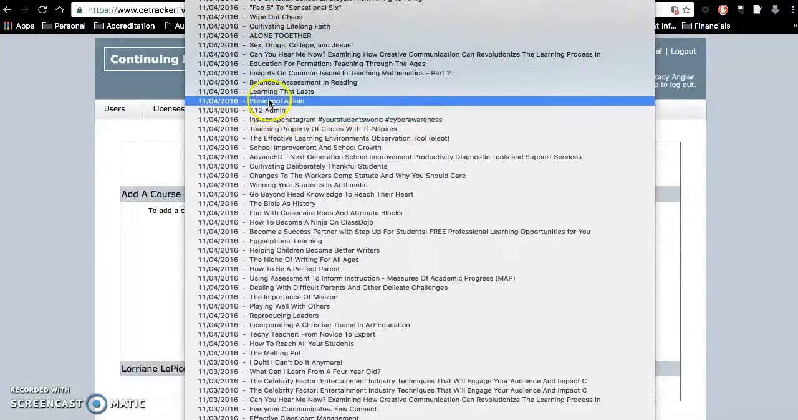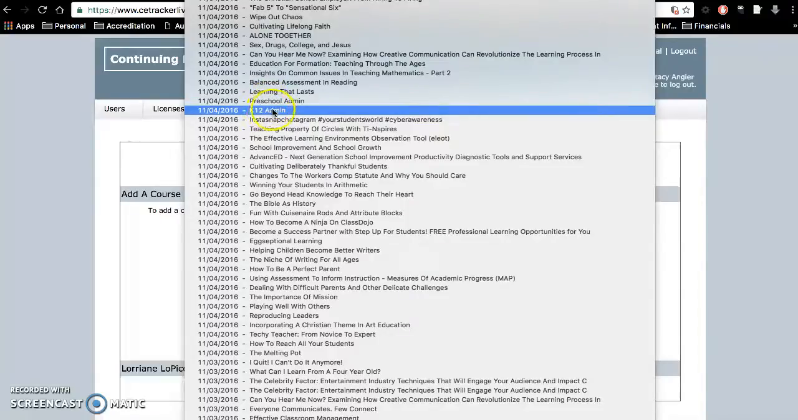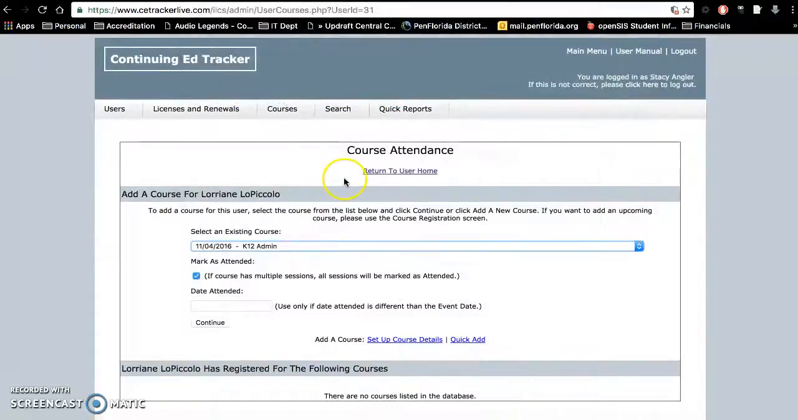But Lorraine attended the admin meeting, so we are going to click K-12 admin. And if this course has multiple sessions, all sessions will be marked as attended. This only had one session, but we are certainly going to mark that she attended that course. If that were a different date other than 11/4, I could enter that date here. But that is the only day that we offered it, and so I am going to add that course right here,